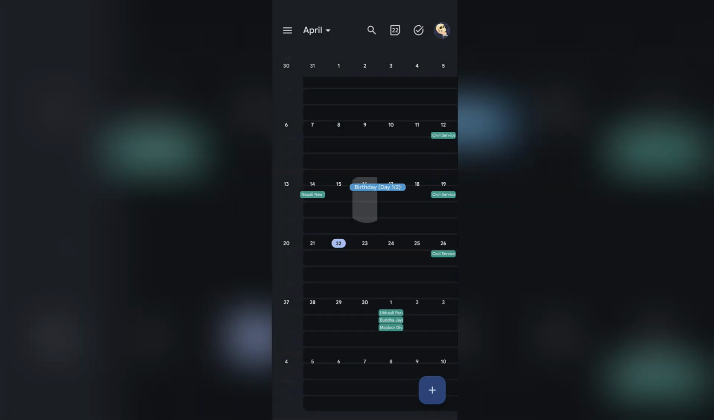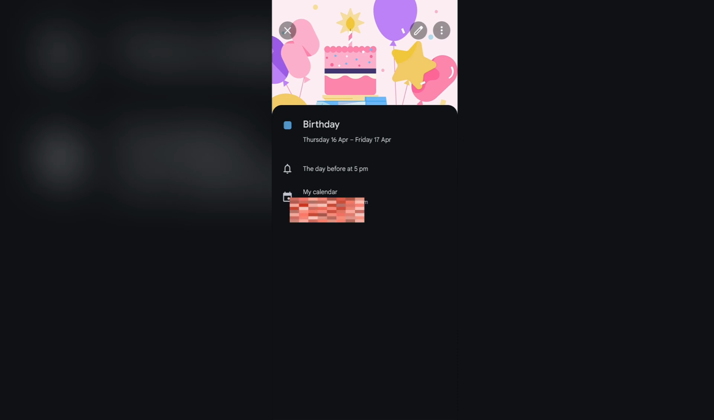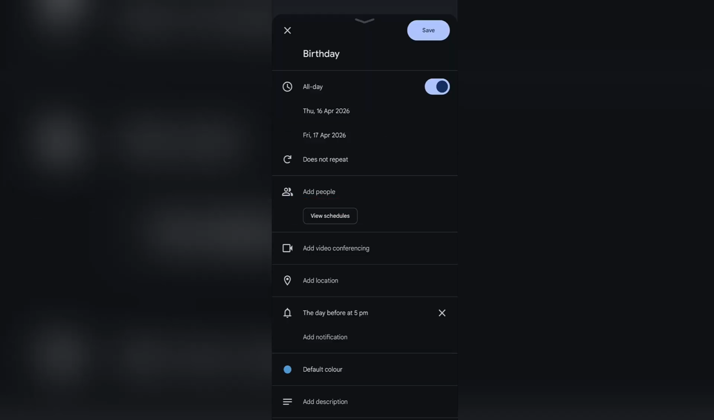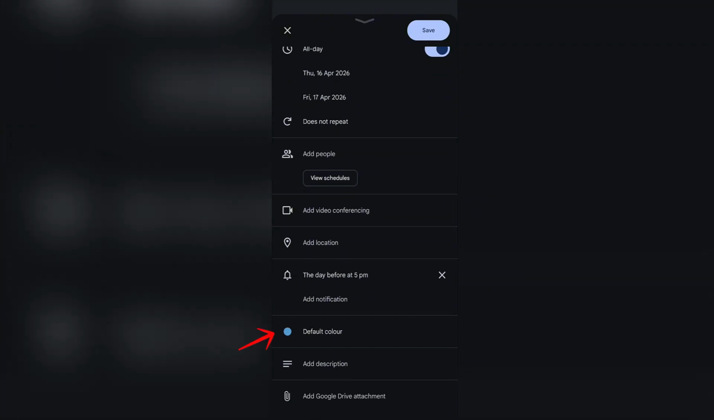Just simply open the event like this and tap to the event. After that, the event will successfully be opened up. Tap to this pencil icon in order to edit the event details. After tapping in the edit, you just simply need to scroll down and you will see the option of default